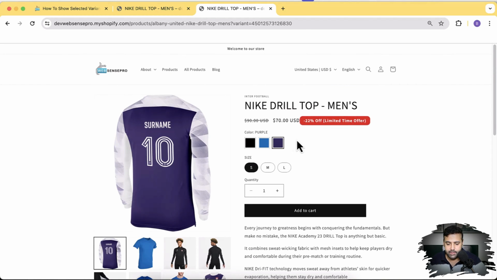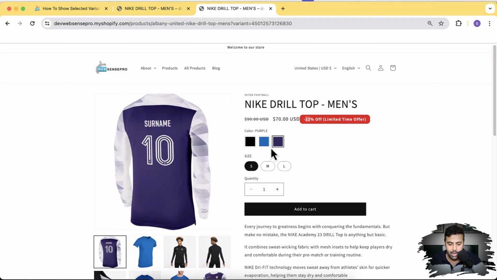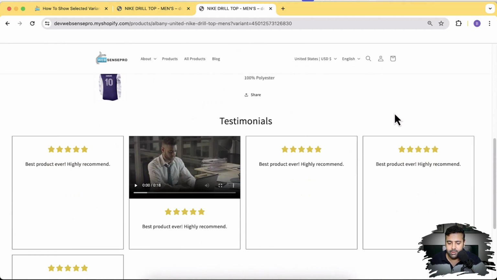Also, if you notice, I have this sale badge showing up, an animated sale badge, which is showing the percent off I am offering on this product. If you want to implement this, I have created a separate video, and I also have swatches showing up, which I haven't added using any app. If you're watching this channel for the first time, I have created a video for Dawn 14.0.0 where you can add color swatches without using any app. Yes, you heard it right. You won't be needing any app. And if I scroll down further, I have this testimonial section showing up. You can also add these testimonials without using an app. All you have to do is watch the videos, link in the description.